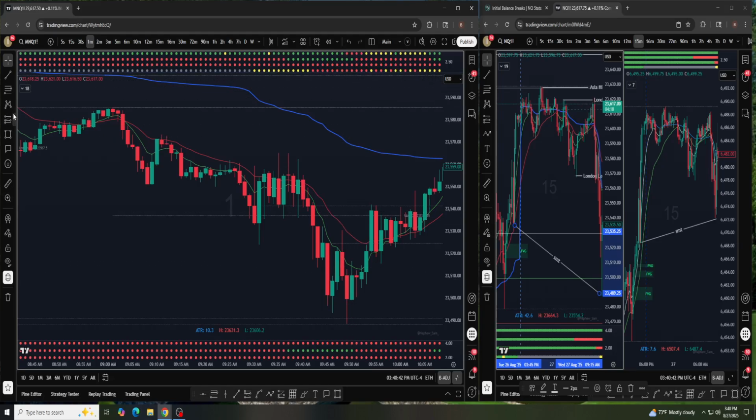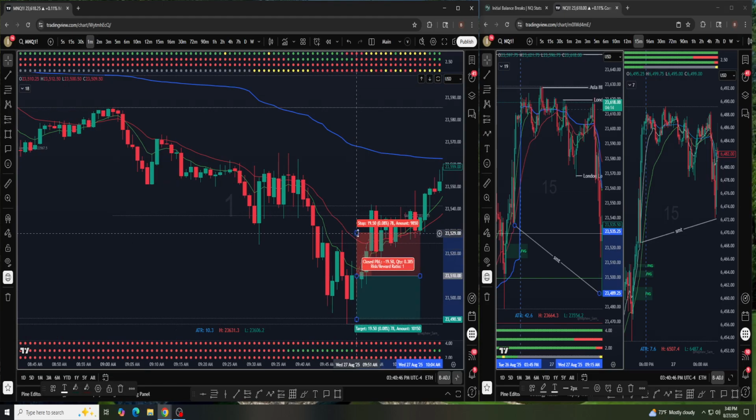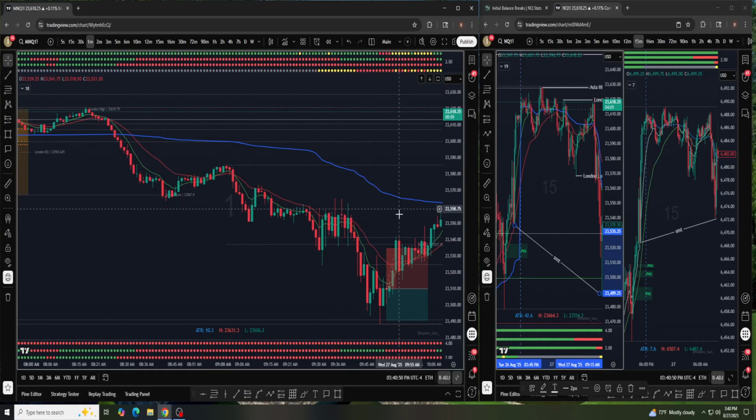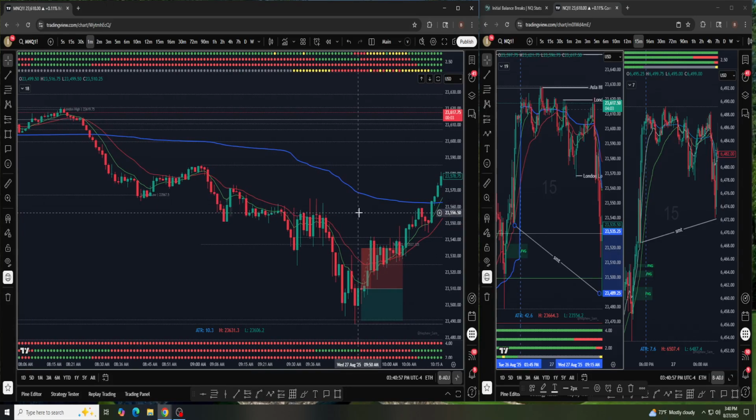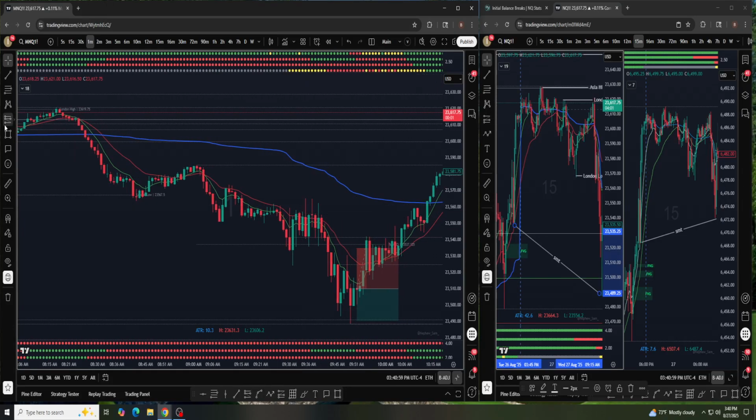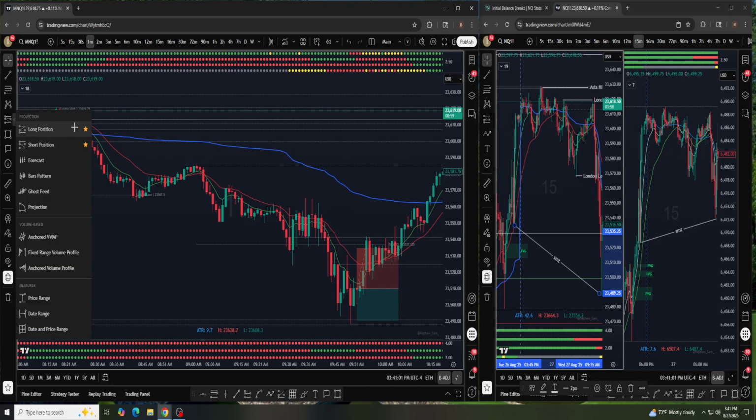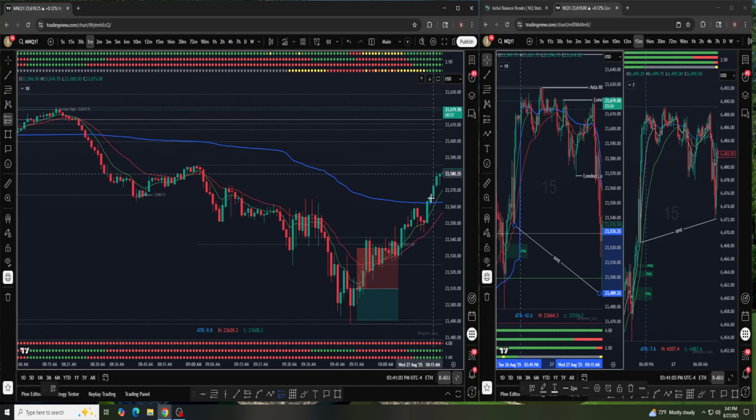So you can see right here, this would have been a stop out. I'm not sure what the ATR was, call it 25. So this would have been a stop out to start the day. You know, the first 20 minutes of market open, not ideal. But if you just trust the system, you follow your back testing,